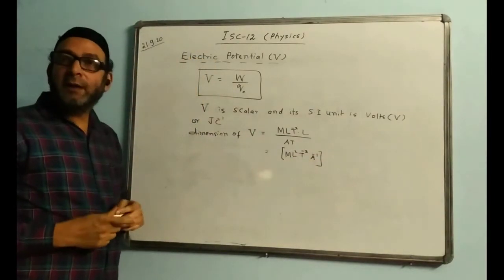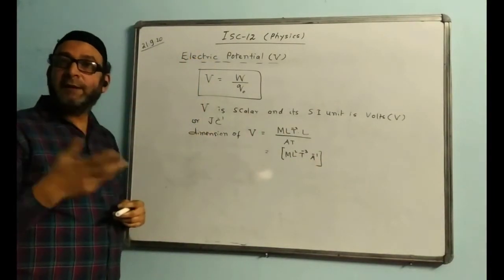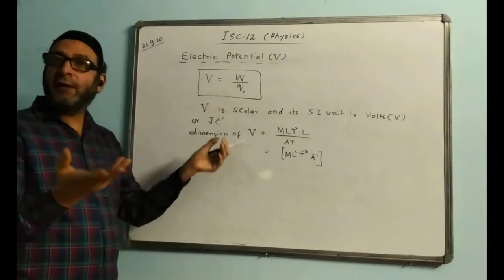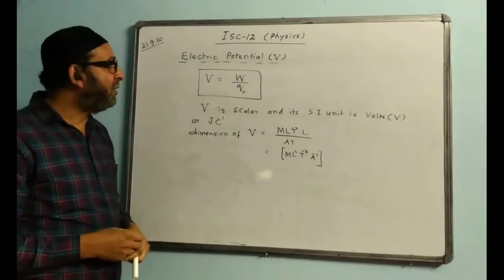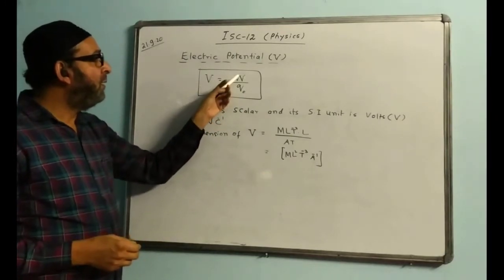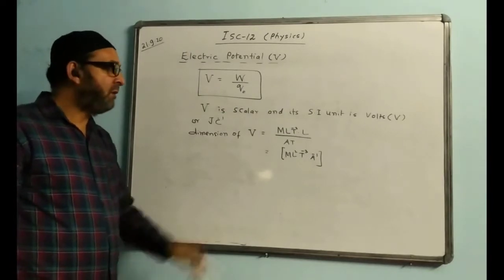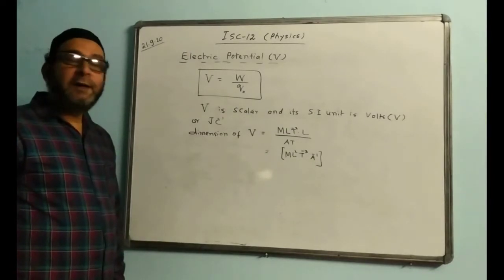You don't have to mug it up, you can use your trick, technique. You can use it and find the dimension of it. From the formula only we are finding, nothing difficult we are doing on it. We simply use the formula and derive the dimension for it. So it is dimension. And in terms of base units,